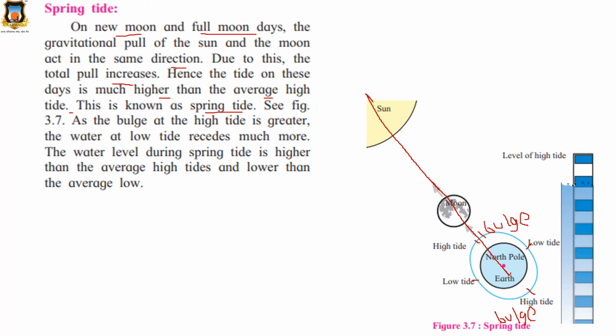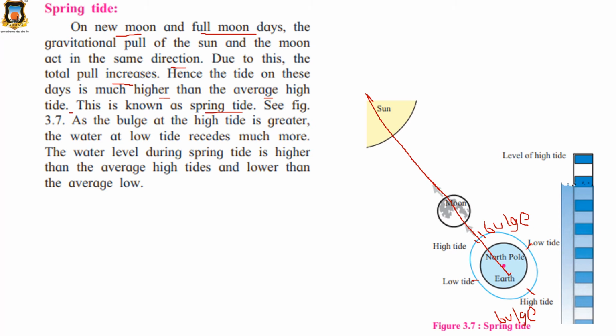Now what? It means when it is spring tide. When is spring tide? Basically on the new moon and full moon. Why? Because the position of the sun and the moon is in the same direction, because of which the gravitational pull is more. So what happened at that time? In that direction where the gravitational pull is more, there is a bulge and there it experiences the high tide,